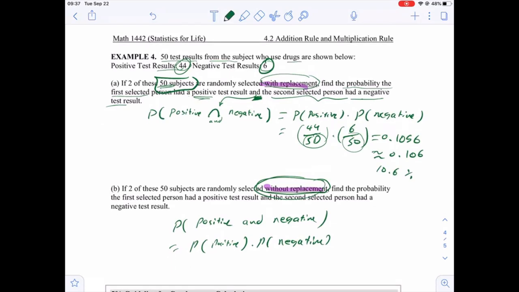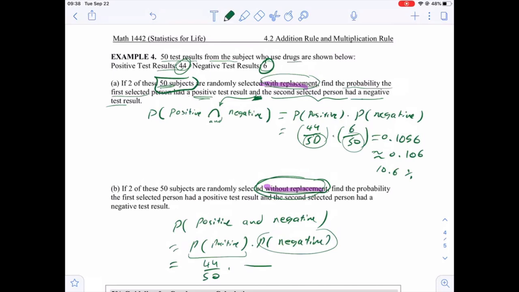But here, since it's without replacement, the denominator will be affected. Okay, so we still multiply the probabilities, but the probability of positive is 44/50. And then we want to find the probability of negative. What is the probability of getting a subject that was negative in the second stage of the experiment? The first stage is to choose one and check if that subject is positive. That was 44/50. Then we ask that one who's already chosen, selected, to set aside, and we